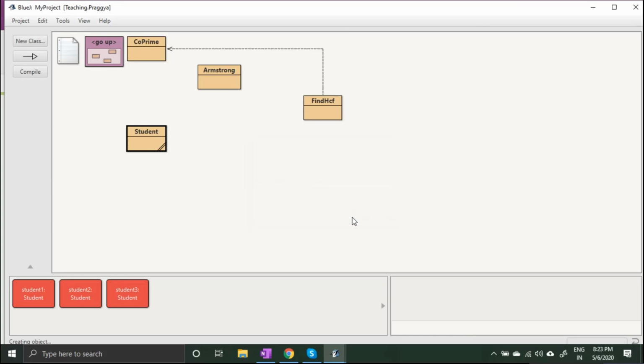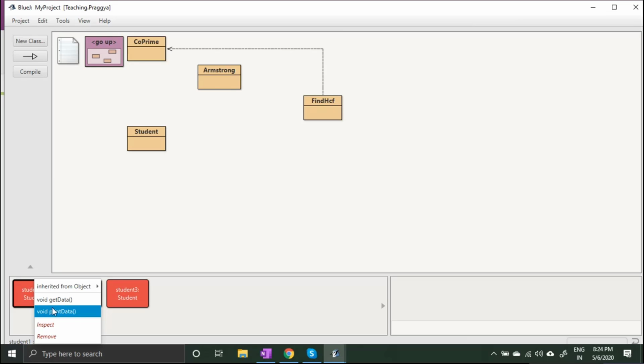Now you can see carefully, Pragya, the pop-up when I right click on the object. There are two methods, get data and print data, because I have added the behavior. So these two are the behaviors in the object.